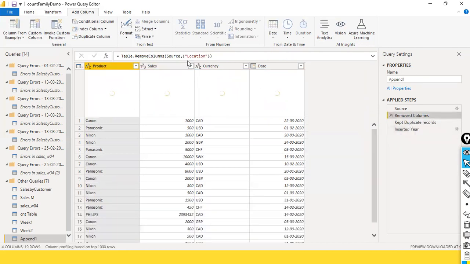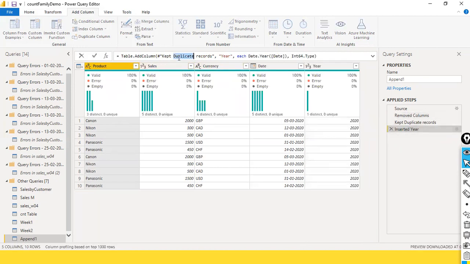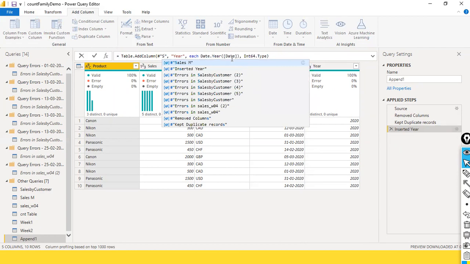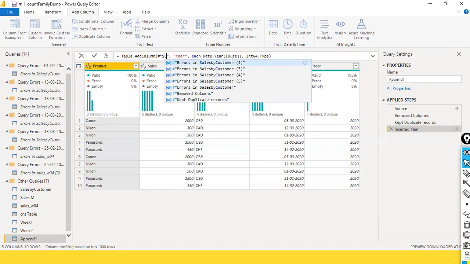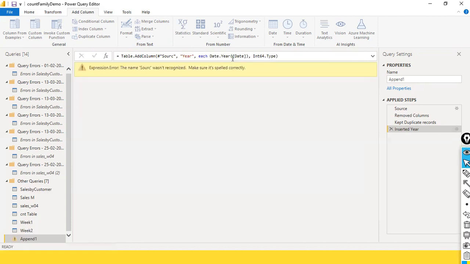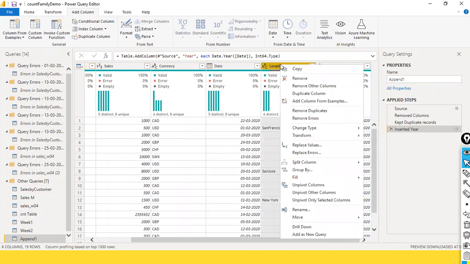Okay, here you need to rename this one, the location. You just simply say this one as source. Now we got it back. So we have 19 records. And this is what we did here. We have included the